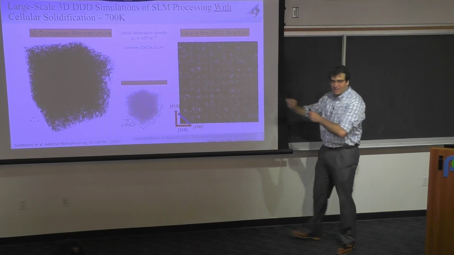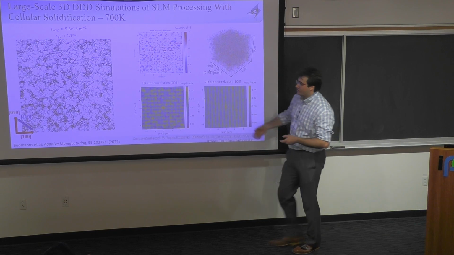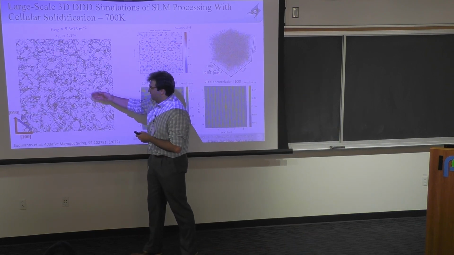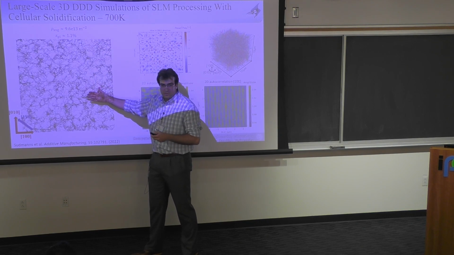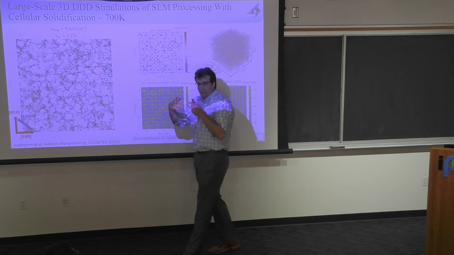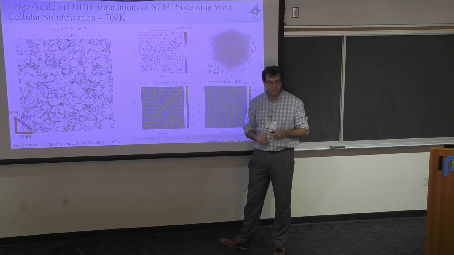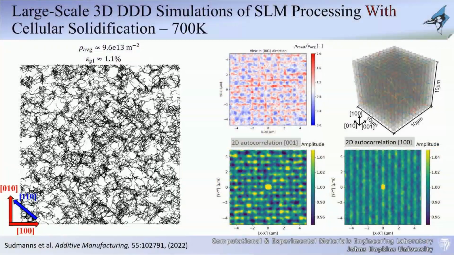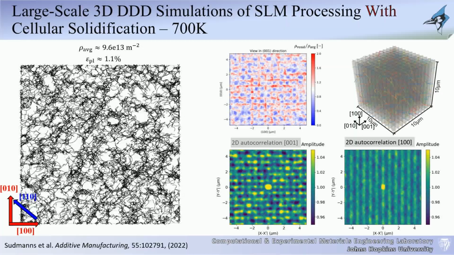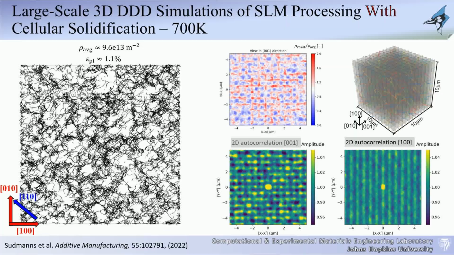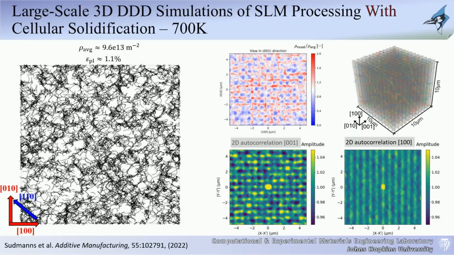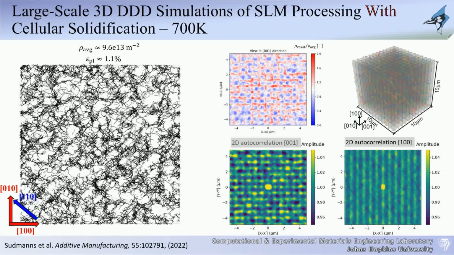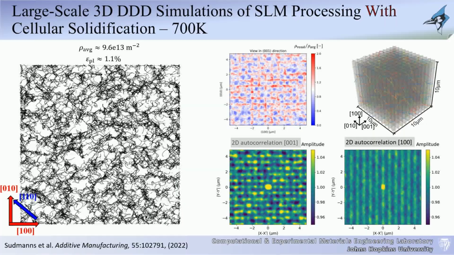I'm assuming that you guys are going to believe me, but if you don't, we can actually go in and quantify that. So how do we quantify that? A couple of things that I'm showing you here. This is not actually an evolution of dislocation microstructure, but similar to what TEM does, these are foils that we're cutting through the sample, and we're showing you the actual dislocation structure in each foil. I think these were 1 micron foils through the 10 micron sample thickness, and we're just repeating them to show you all of them.